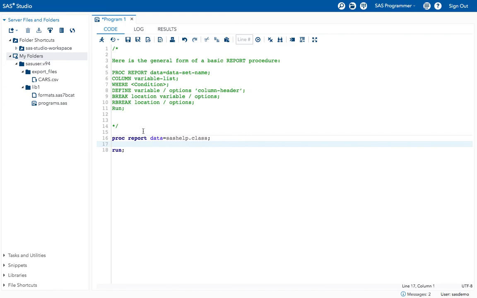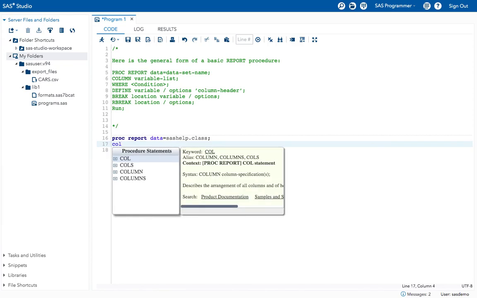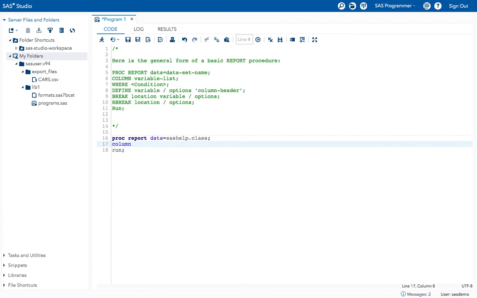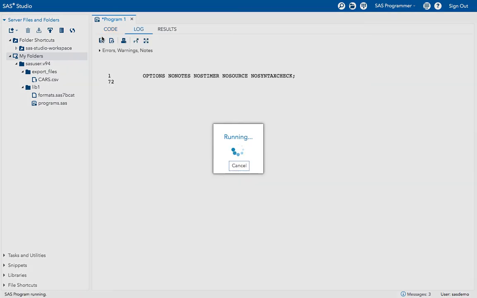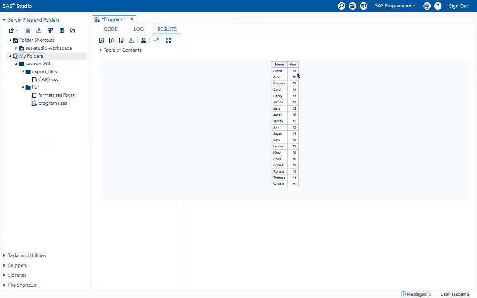How can I do that? Give column. So for which do I want to generate the results? Let's give, I want to generate results for only name and age. Okay, now execute the program. See, now it generated reports for name and age only.